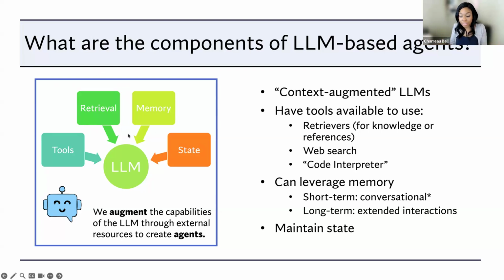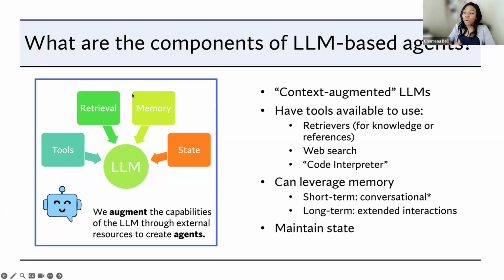Retrieval being if you give the system a lot of information, for example. So let's say that you have thousands and thousands of pages of technical reports, and you only need specific subsections of any given report to answer a particular question. This would be a great moment for retrieval, where your LLM could choose whether it wants to use a retriever, the thing that actually grabs the information from all of those technical documents. Or maybe you have a question like, what's the weather today? In that case, it might not use that retrieval system. It might use something else. So we give it access to different tools. We give it access to those retrieval systems.